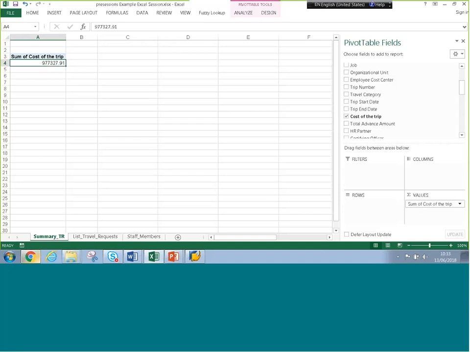Right, so this is $900,000 dollars, which corresponds to the total for all the different trips appearing in our Excel file. Right. So you can see that depending on where we place the fields, Excel will automatically adjust the